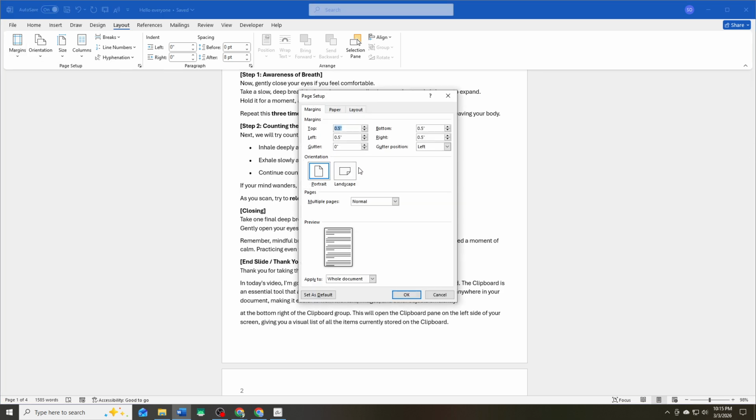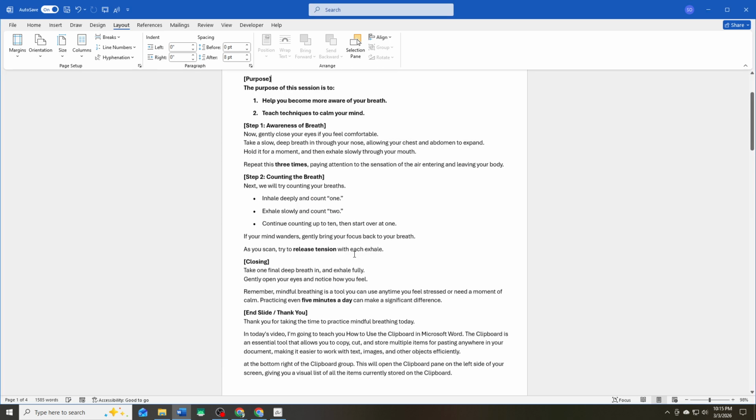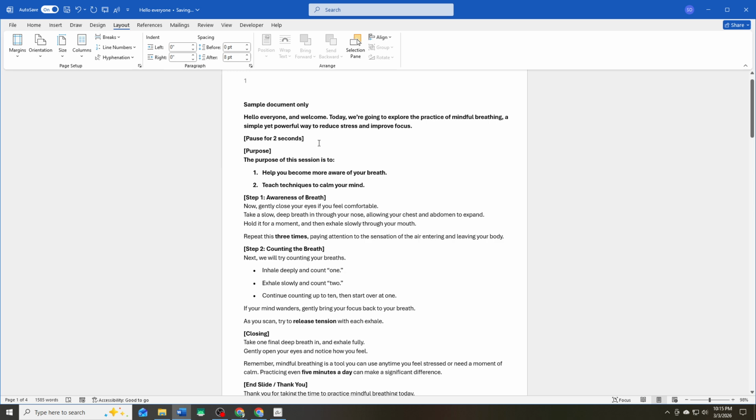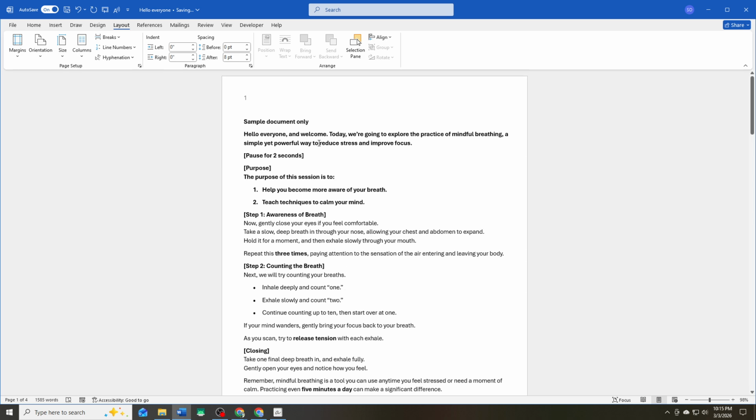You may also want to check font sizes, line spacing, and image alignment to ensure everything looks proportionate on the larger page. In most cases, Word handles the transition smoothly, but a quick review ensures your document maintains a professional